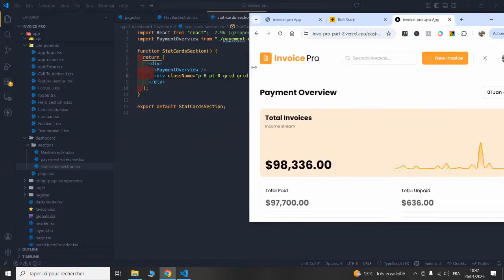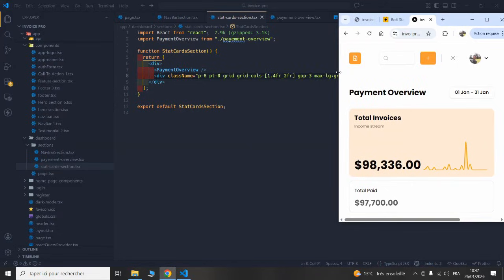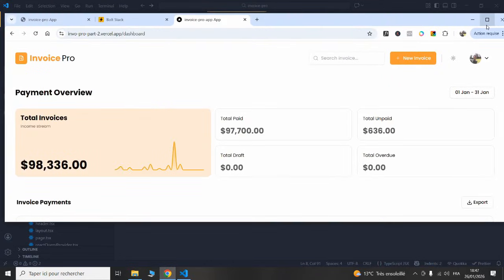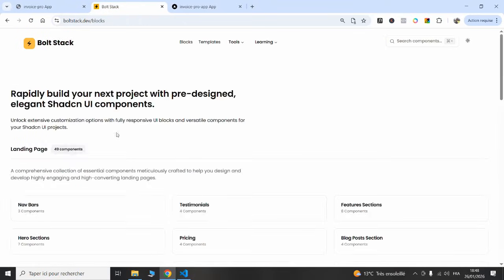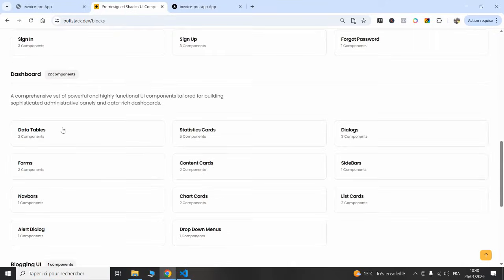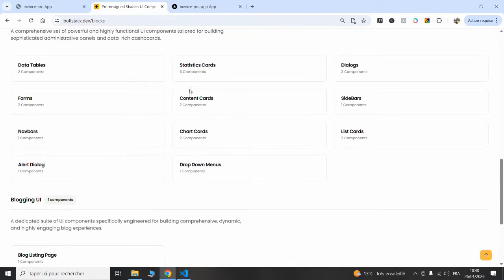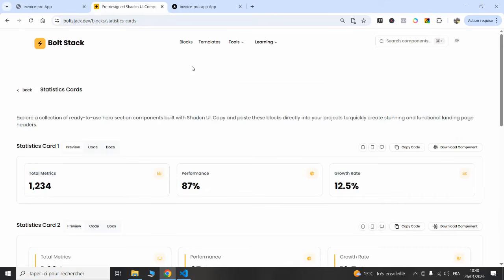So when we make the width as it is right now, we can have all the cards on top of each other. So now, these are components that I used from boltstack. This one is from a component, and this one from another one. The one that we're going to be using, if we go to the dashboard section and the statistic cards,